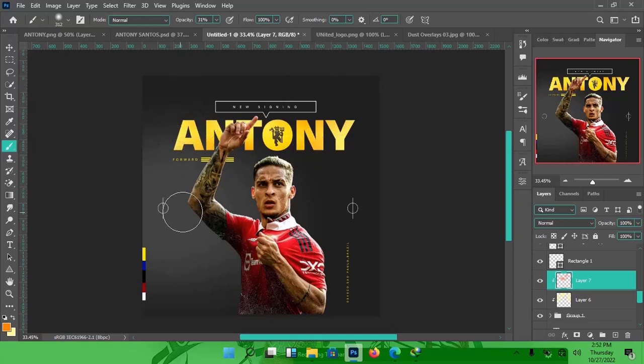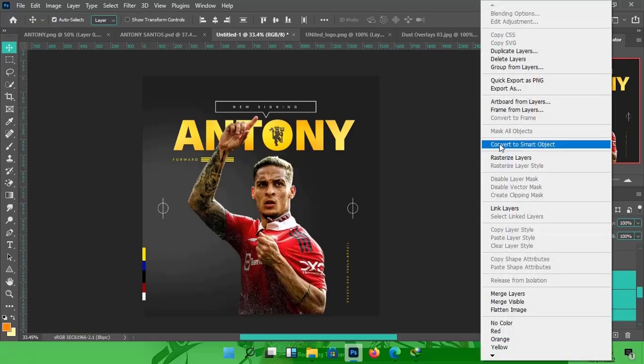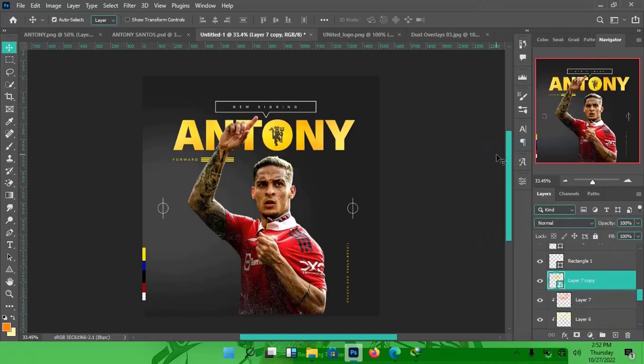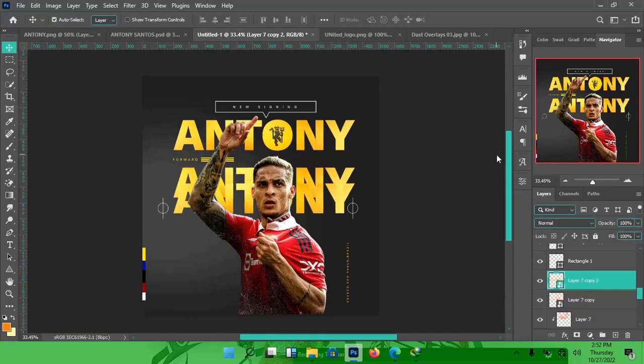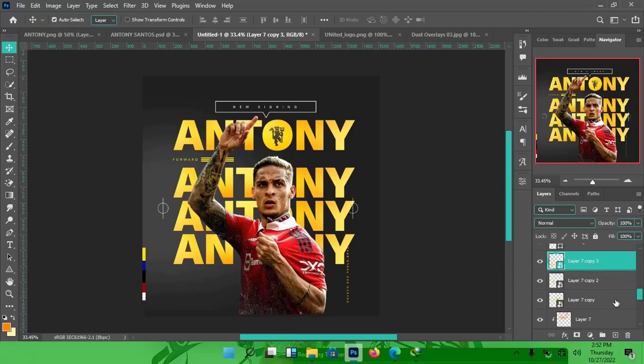Good. So when you are done with that, select them together, press Ctrl J to duplicate, convert them to a smart object, and then push them down. Okay, good. So this is the first one. Ctrl J again, push it down, Ctrl J, push it down. Select all the three. So you hold Shift and then you click on the first one that was created, and then you convert them